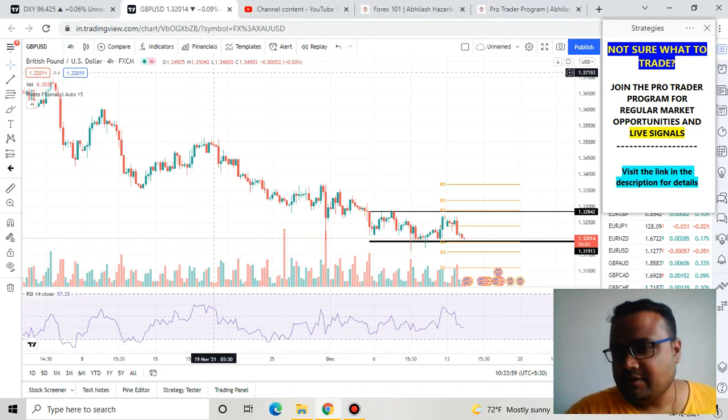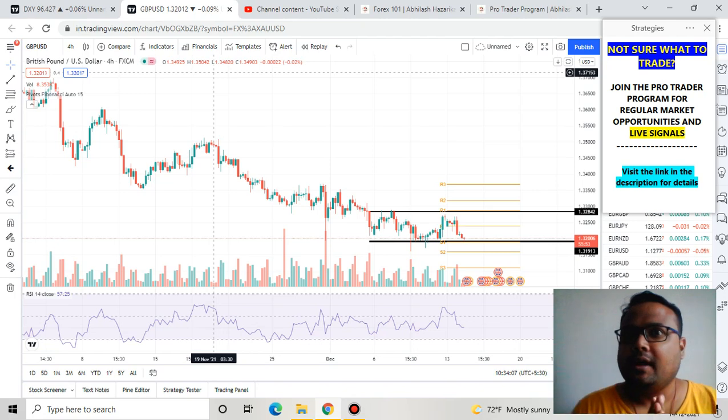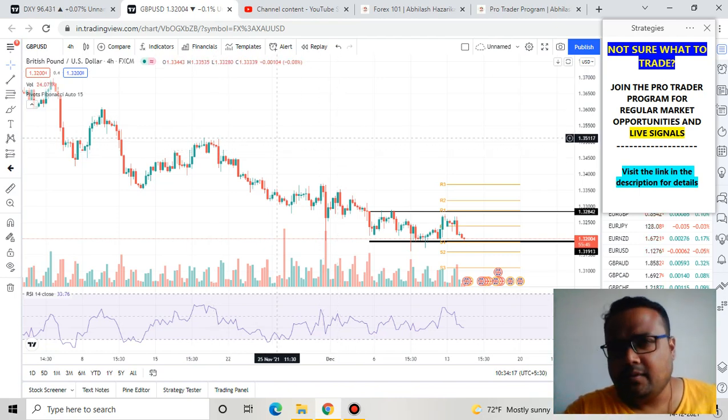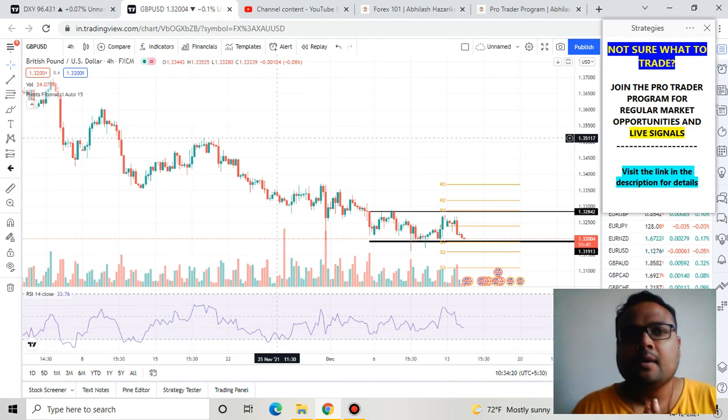So this is the Forex chart of GBP USD in front of us right now. If you have watched my previous videos on GBP USD, then you know very well that I have been talking very negative on GBP USD because I was not seeing any proper trading opportunities on the chart. And yes, the chart of GBP USD was not very promising to me. Okay, so right now you can see that GBP USD is standing at